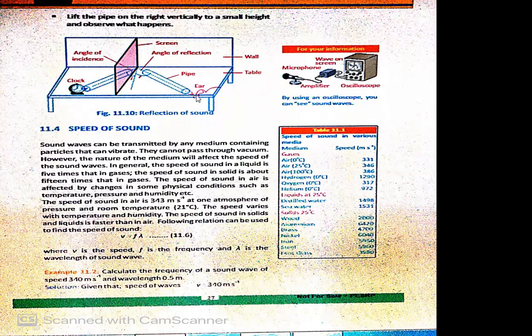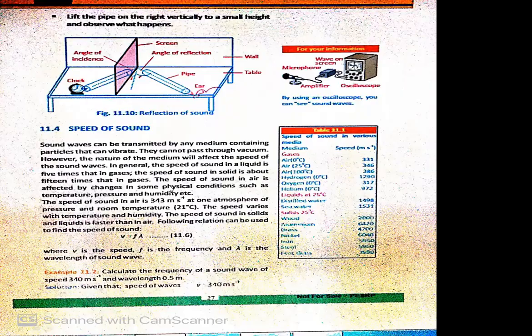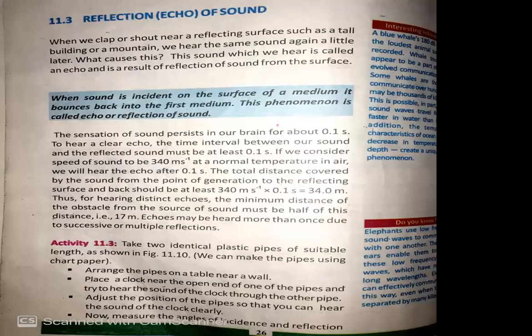So I will show you what he said in the statement. Take two identical plastic pipes of suitable length as shown in figure 11.10. I told you this is the 11.10 figure, reflection of sound. So what does he say? Arrange the pipes on a table near a wall. Look, the first step is to arrange the pipes on the table near a wall. Second step, place the clock near the